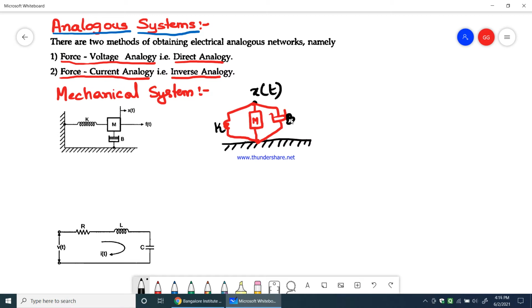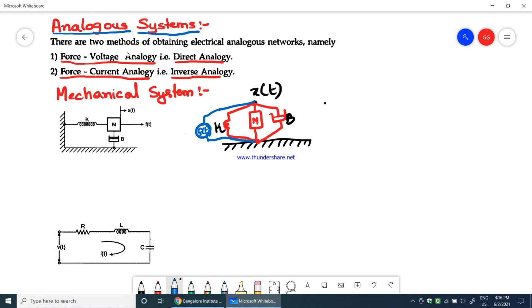Now what would be the equations that we write for this particular network? Here is the force. I'm sorry, I should mention the force applied in the given network diagram. The force will again be applied between x of t and ground. So this is the force, f of t. The force is also applied between the node x of t and ground, so all are in parallel.